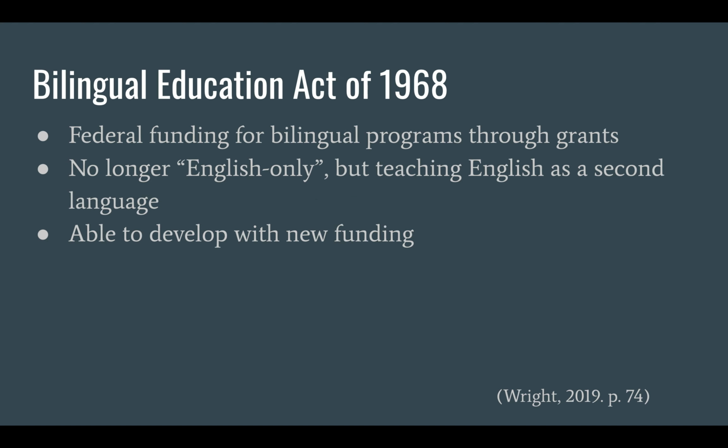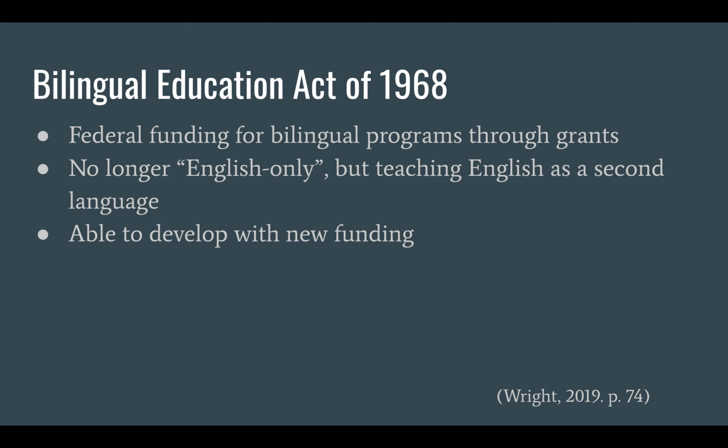Next is the Bilingual Education Act of 1968. This act was added as Title VII to the ESEA. It provided federal funding for bilingual programs through the awarding of grants. This act was very important for the development of bilingual education because funding was provided for schools to promote a